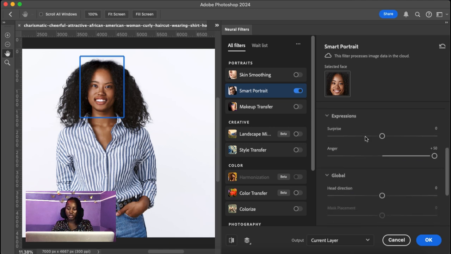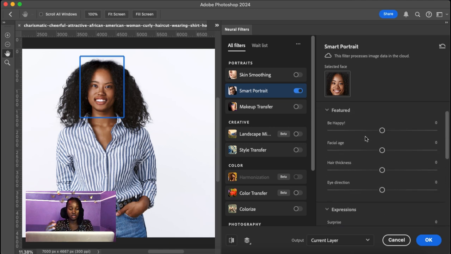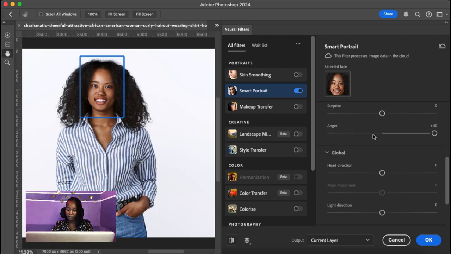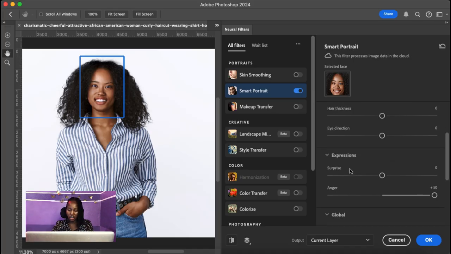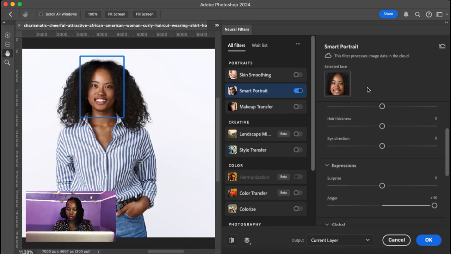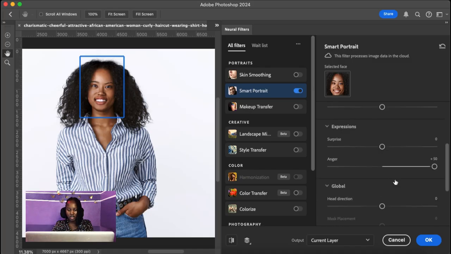But be careful not to do contradicting stuff, like increasing this to 50, be happy, and increasing anger to 50 at the same time. One will override the other because you can't be happy and angry at the same time. That's it about the smart portrait. So I'm going to turn this off,